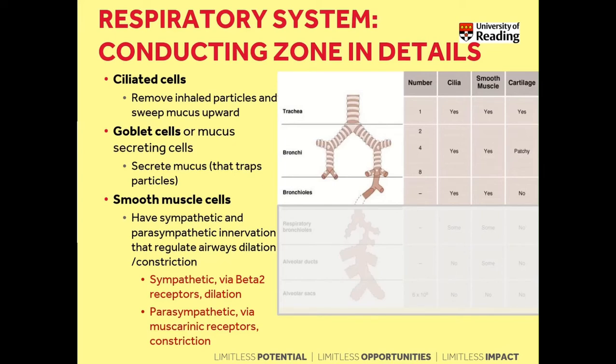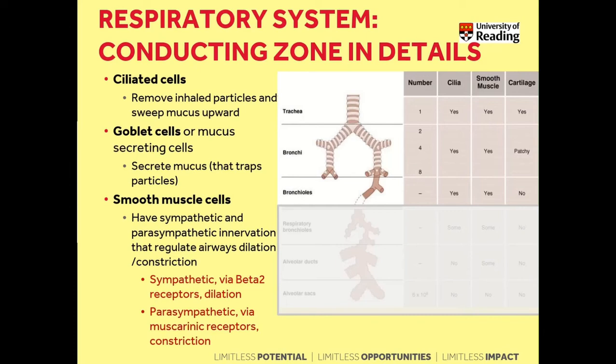sympathetic innervation can mediate bronchodilation. Then you have parasympathetic, as I mentioned, innervation, and in these smooth muscle cells, thanks to the presence of muscarinic receptor, the parasympathetic innervation can mediate constriction of the smooth muscle, so bronchoconstriction of the airways. So not only the type of cells present in this conducting zone are typical of this conducting zone